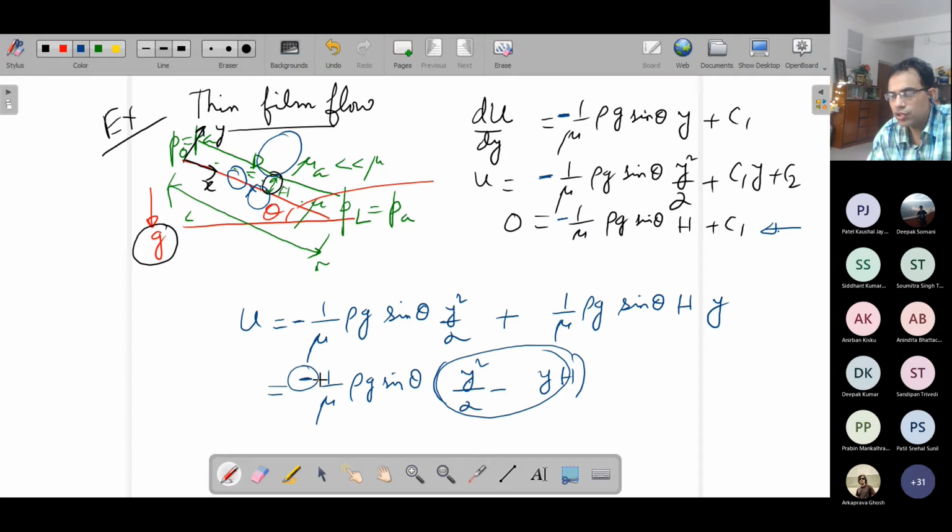Other forces like rotational force, electrical force, those kinds of forces act, and the film is so thin that this y, this h, say if it is approaching the intermolecular length scale, say few angstroms, then